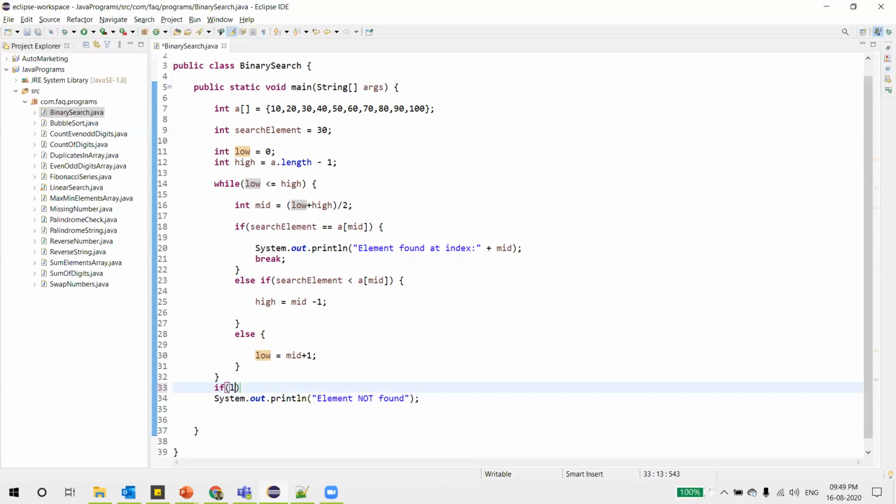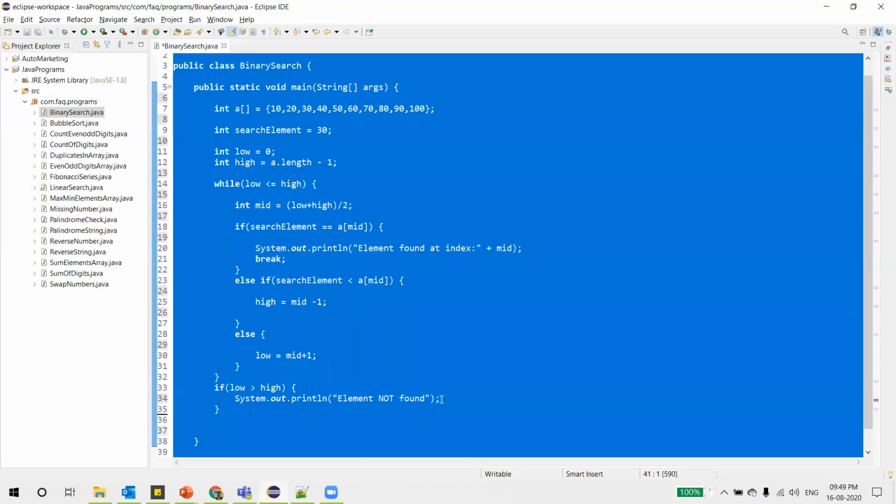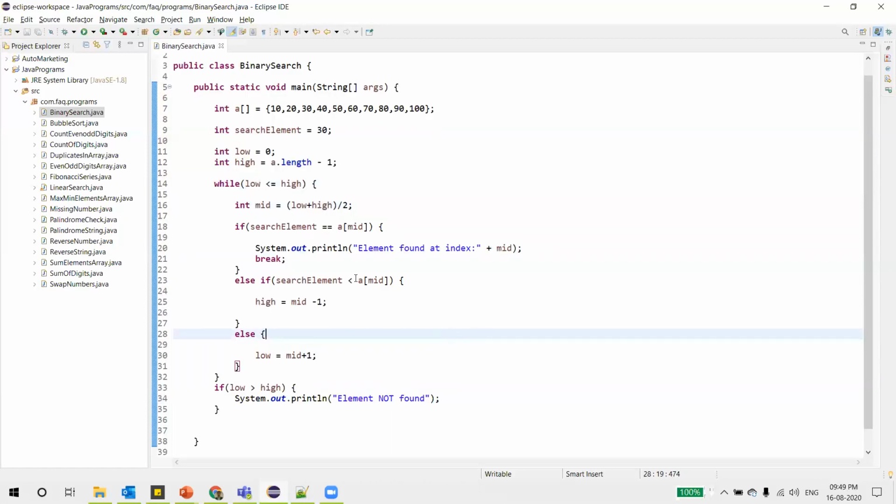We'll write that now: if low is greater than high, as we discussed. When low exceeds high, meaning we traversed all the elements in the array and didn't find the element, only in that case we want to display that the element is not found. That's the condition we are using here.